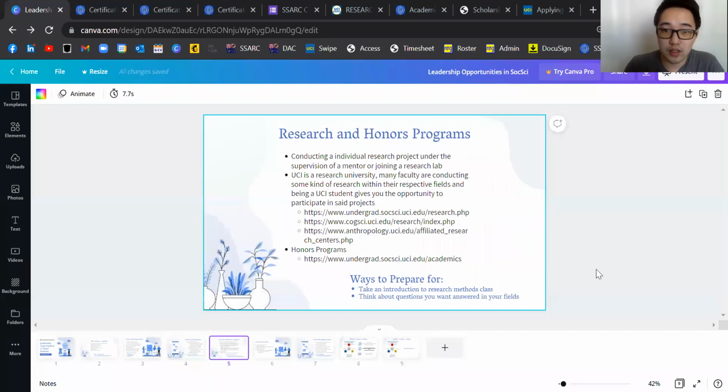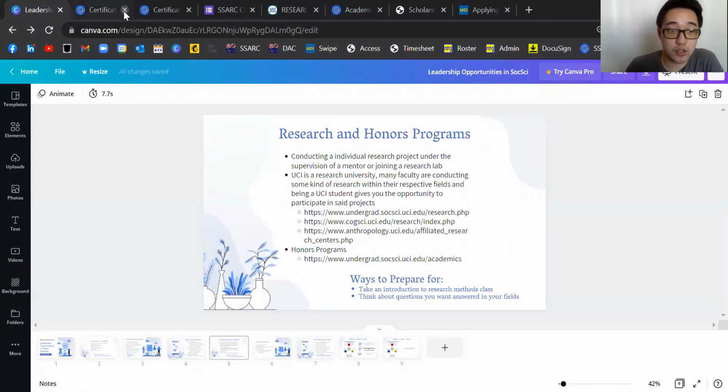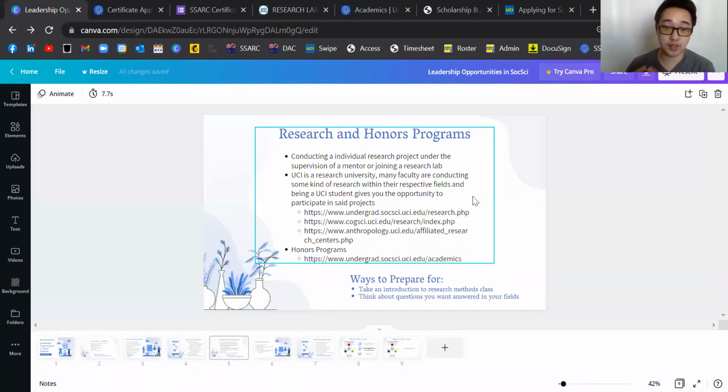Okay. The next thing that you want to look into is research and honors programs. Now, the idea of getting into research is one of those things that can take a little bit more time. So I'm only going to introduce the concept of what a research program is for now, because it's something that we should really talk about in more depth at a separate time. But